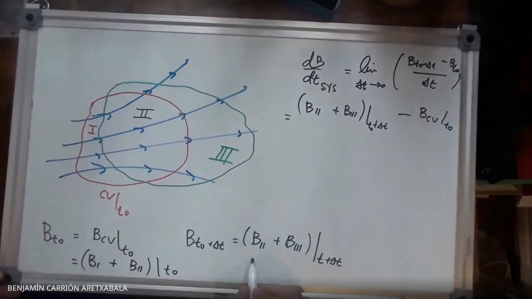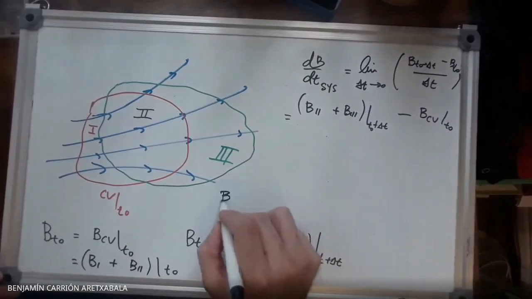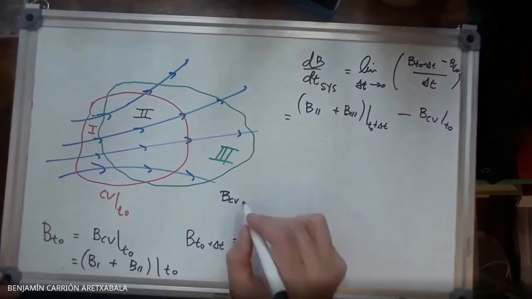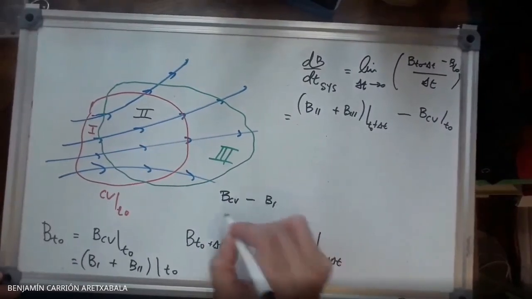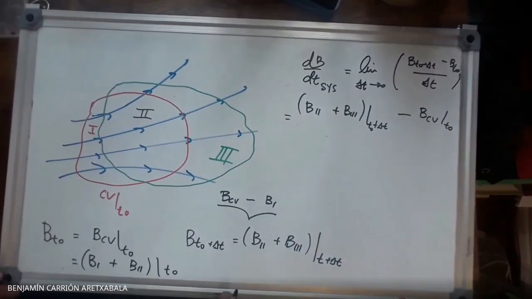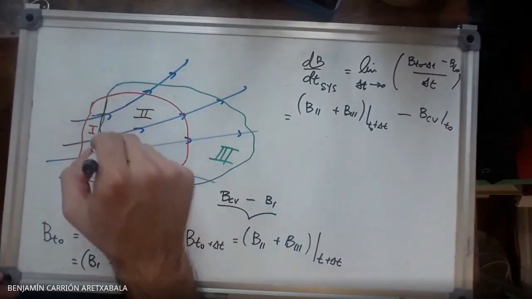Okay. But B2, this little guy here, is just B at CV minus B1, right? So this